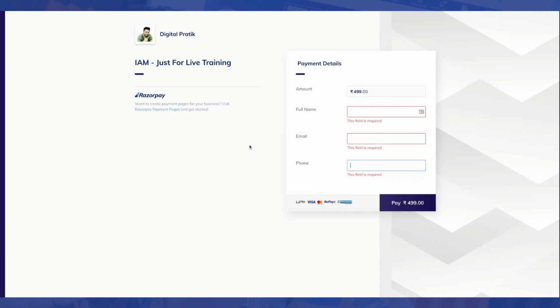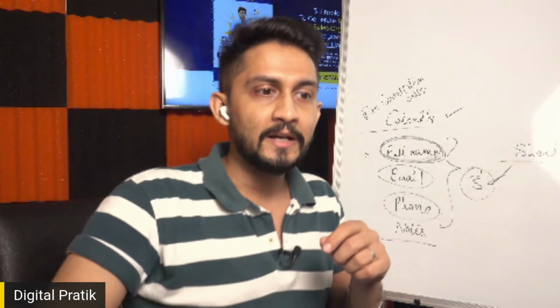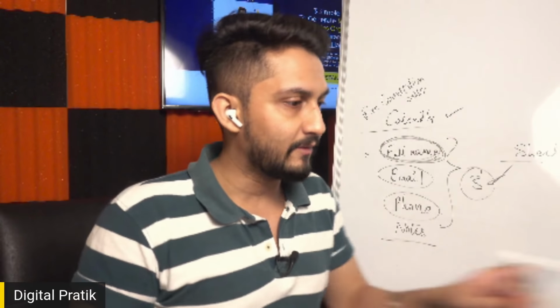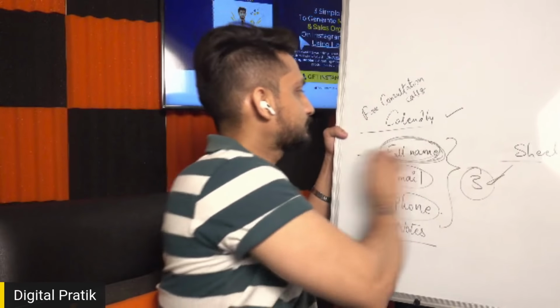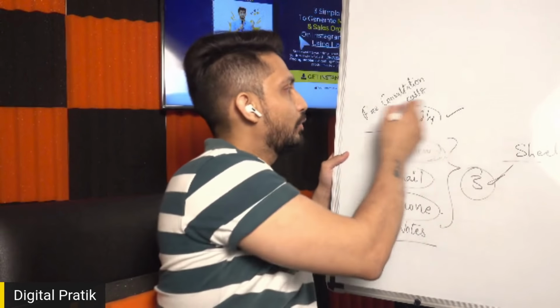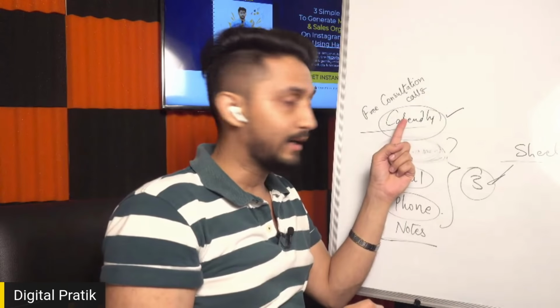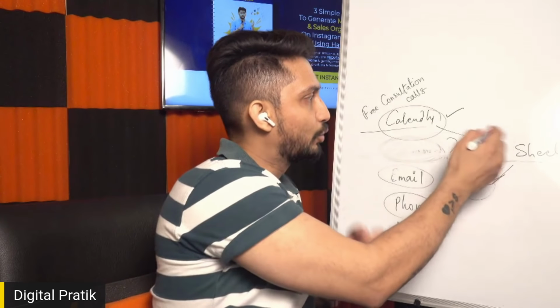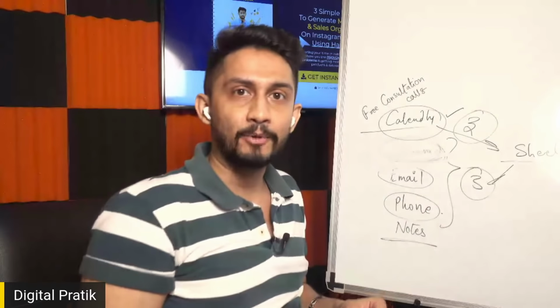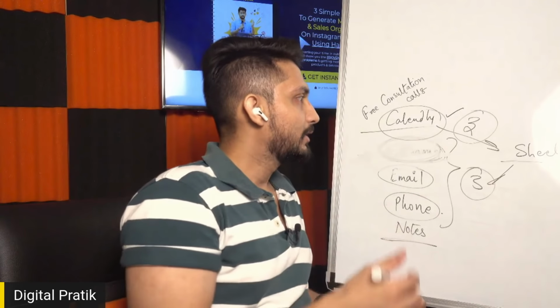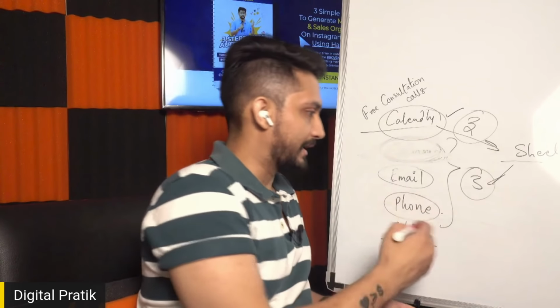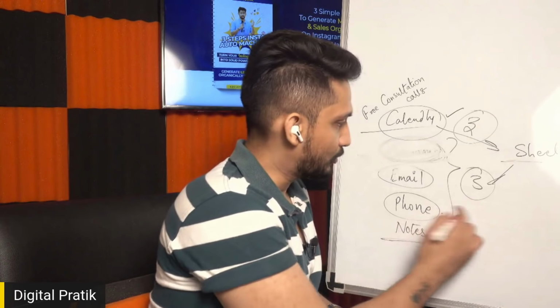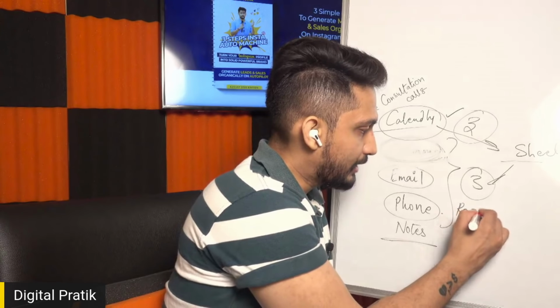Now, once again, you will have to use Zapier for the same. So let me bring up my screen over here a little bit so I can talk to you. So once again, previously what you did was you linked your Calendly through Zapier with Google Sheet. This was your Zap. Now what you have to do is you have to link your Razorpay. All right, can you see this right over here? Yes. Now you have to link your Razorpay